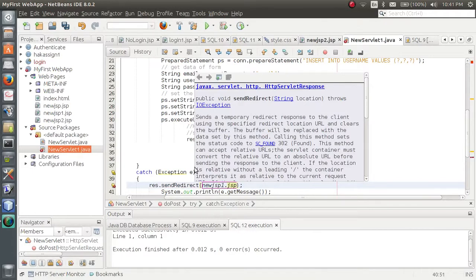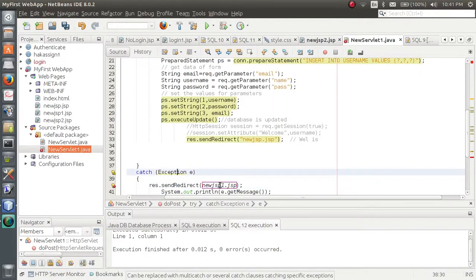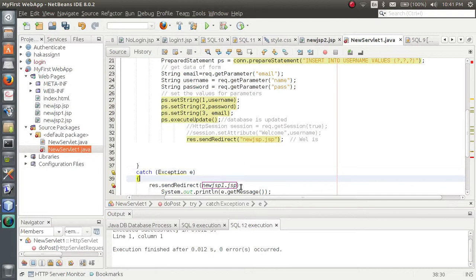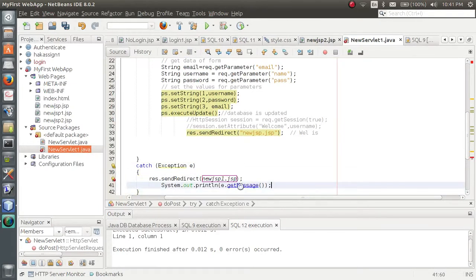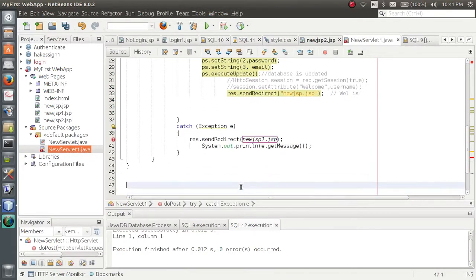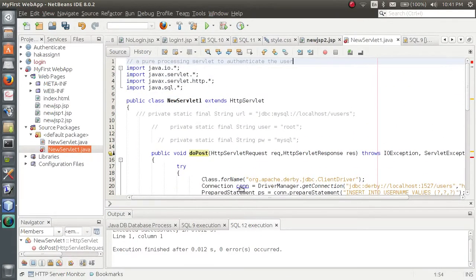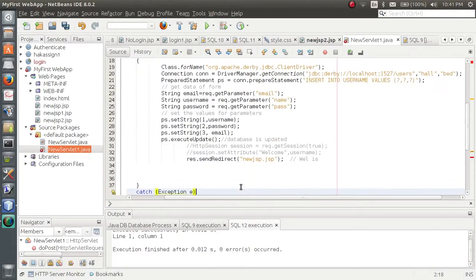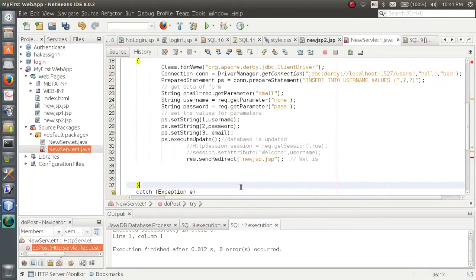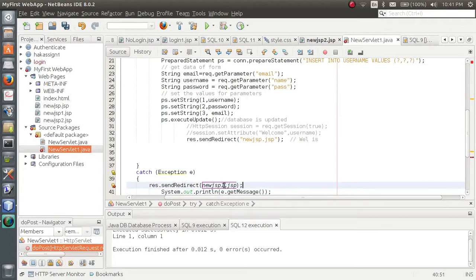In this file I am going to print that your username or password is invalid or your session is invalid, anything like that. So that's it. Now let's try to run this code.